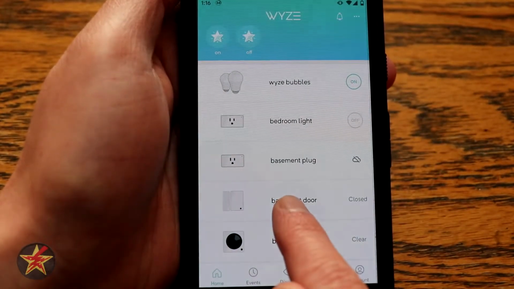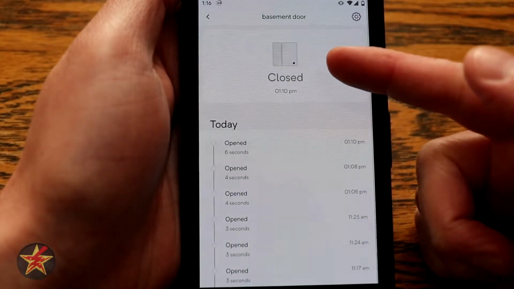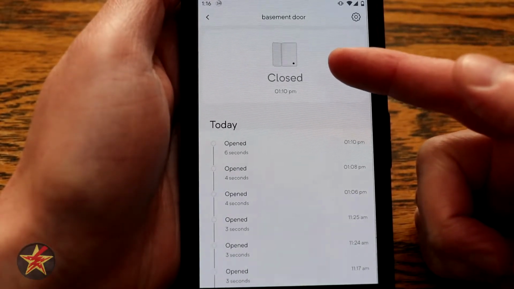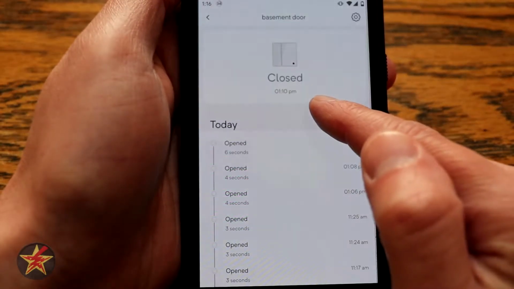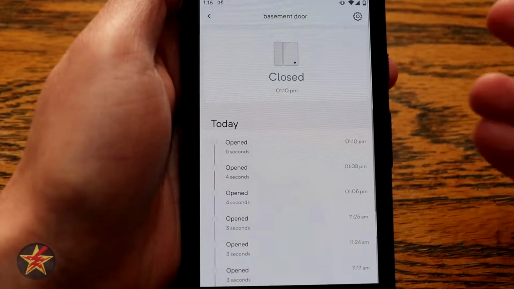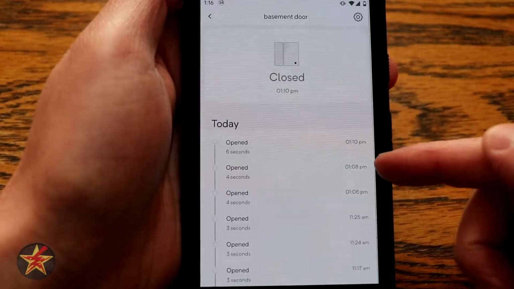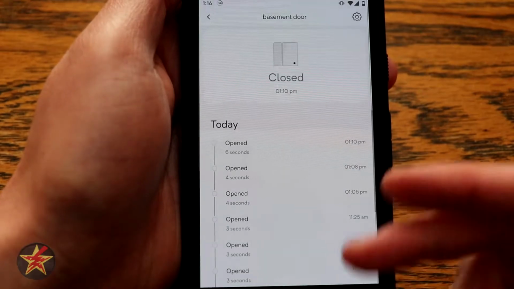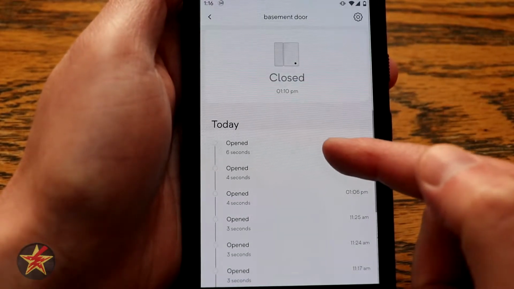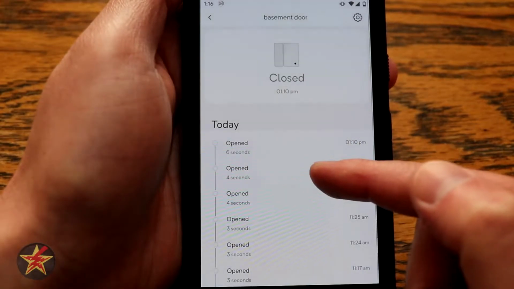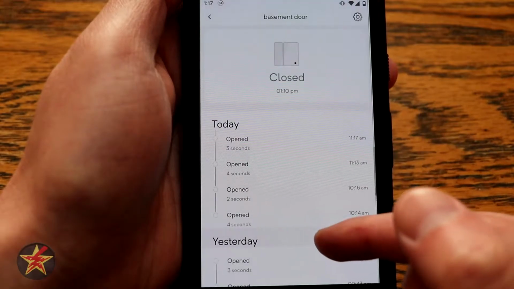Now, clicking on the Wyze Sense will show us the current status, which is closed. If this was open, it would show open, and it was closed at 1:10 p.m. because I went down into my basement to check on something. Here you can see a status or a log of all the actions that have happened with the Wyze Sense. In this case, open 6 seconds, open 4 seconds, open 4 seconds, and we just keep scrolling down and it